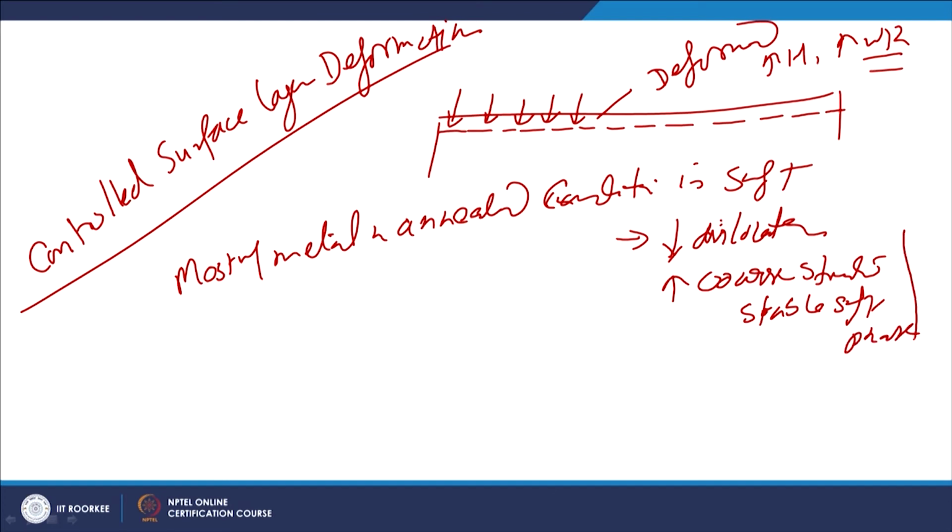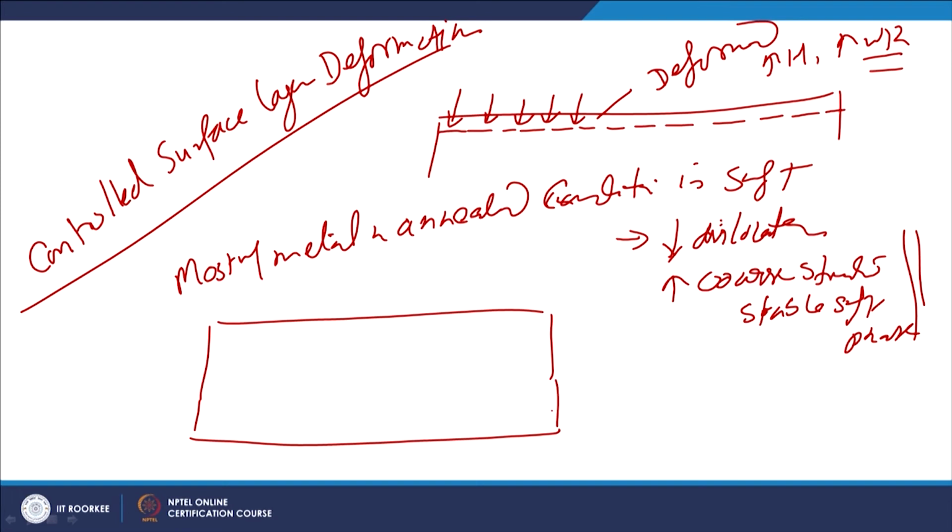So, these are the reasons behind. A metal in annealed condition will have the minimum number of dislocations. From the dislocation theory, we know that the presence of very few dislocations reduces the hardness, reduces the